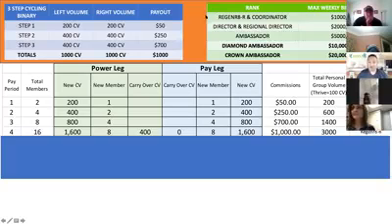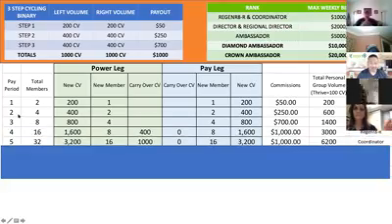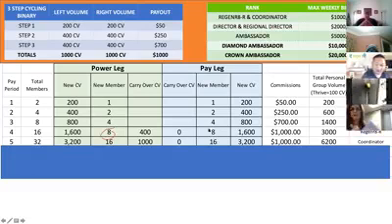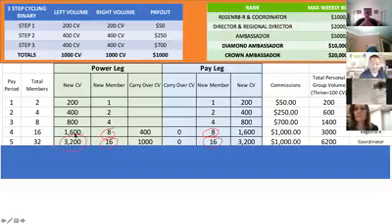So now we look at the next pay period, 5. Pay period number 5, take a look at these numbers. Guys, these 8 people enroll 16 new members times 200, 3,200 in CV on the right. And you've got carryover, by the way, on your power leg. So you're actually at 4,200 in volume on your power leg and 3,200 on the pay leg.